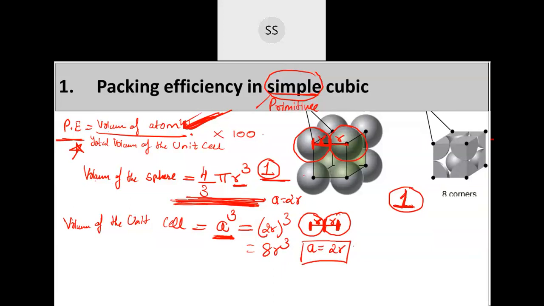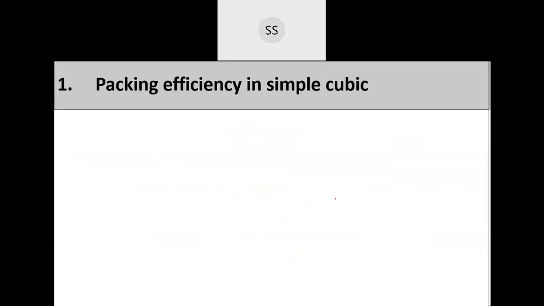This I told you briefly. Now we are going to do it in detail, how you are going to do it in the exam. You can give the heading: packing efficiency in simple cubic unit cell. Then you draw the diagram correctly. Draw a clear picture because the diagram also gives you points. One mark is there for the diagram, so it should be very neat. If you don't have the diagram, there is no point in explaining the packing efficiency.